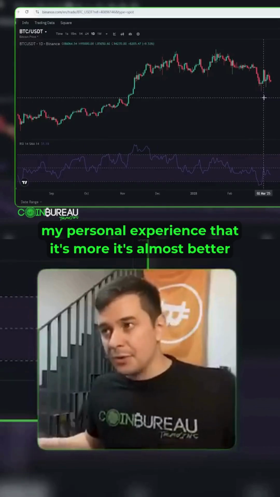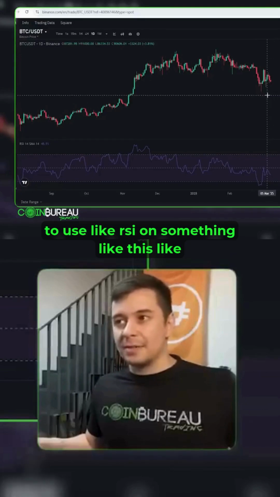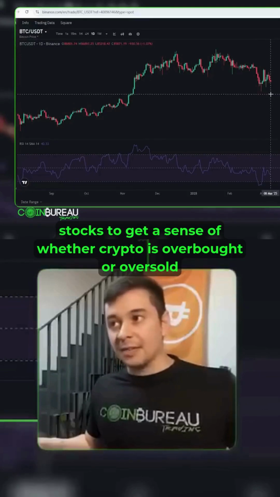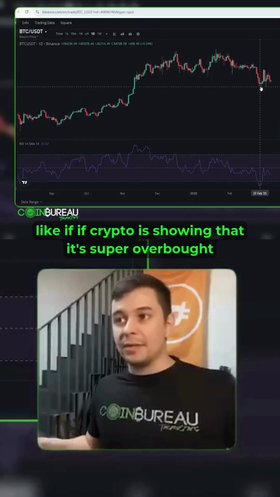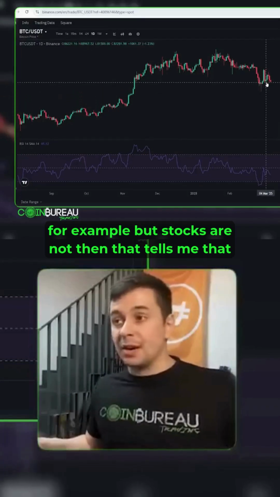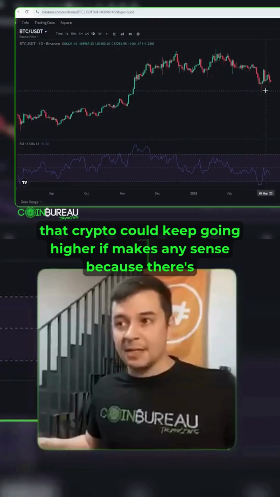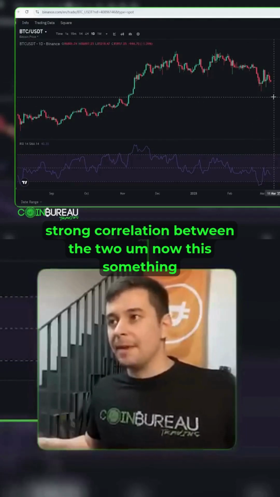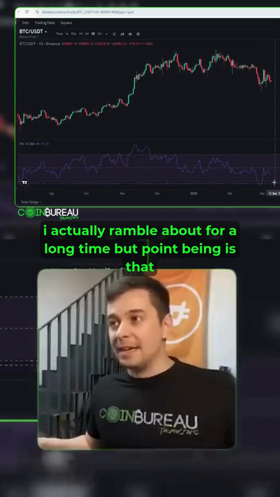And I found in my personal experience that it's almost better to use RSI on something like stocks, to get a sense of whether crypto is overbought or oversold. Like if crypto is showing that it's super overbought, for example, but stocks are not, then that tells me that crypto could keep going higher, if that makes any sense, because there's a strong correlation between the two. Now this is something I could actually ramble about for a long time, but